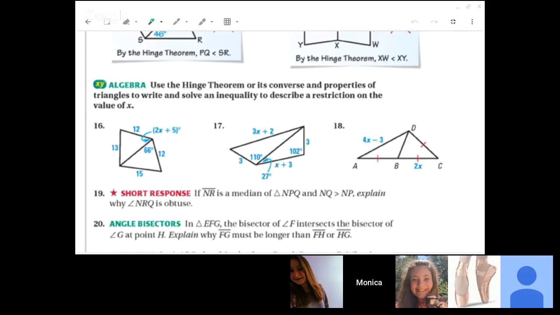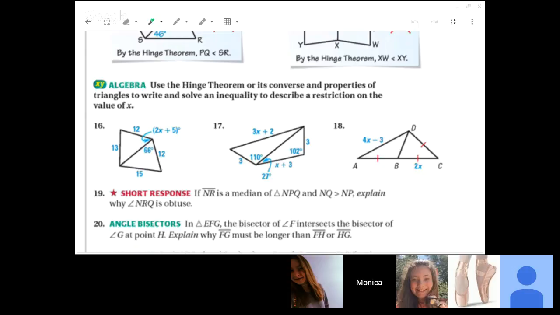Okay, let's start out with Campbell's question number 18. For this one, you're supposed to use the hinge theorem or its converse and the properties of triangles to write and solve an inequality to describe the restriction on the value of x. So basically, we have to come up with an inequality for this, okay? So when we look at number 18 here,